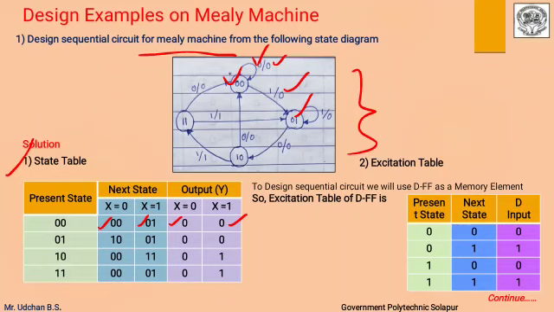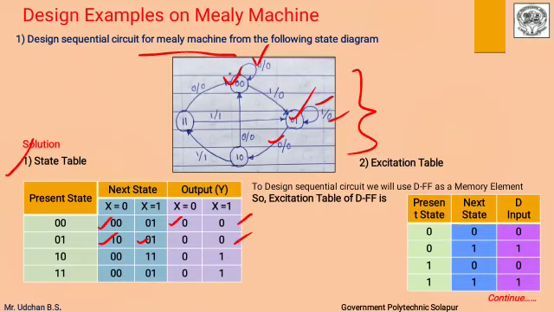Similarly we will check for the state 0 1. This 0 1 state is over here. We will check it for input 0 and input 1. When input is 0, it changes to state 1 0 and output is 0. After that, when input is 1, the machine remains in that state only. Therefore when x is 1, the next state is 0 1, and for that output is 0, shown over here.